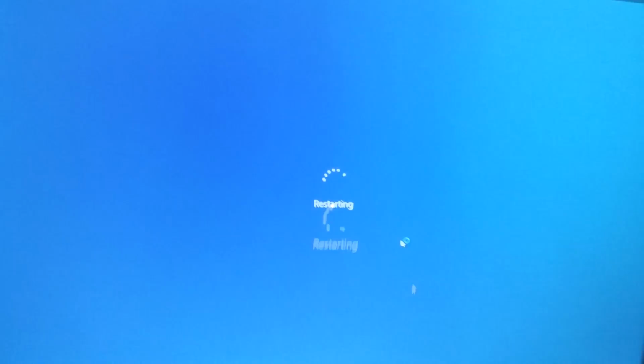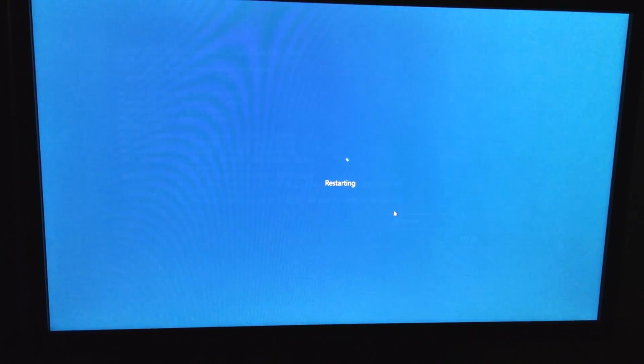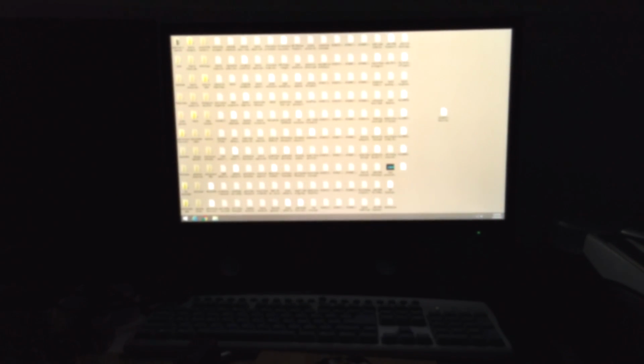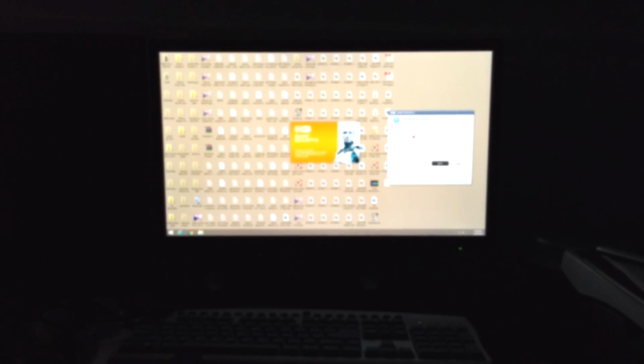Let's see the results. Windows 10 is restarting. Okay, BIOS is loading again, and now in the operating system selection menu we should have only two, yes, Windows 10 and 8.1, and 8.1 is loading after 5 seconds. 5 seconds because that's the value that we entered using EasyBCD, and I just repaired two operating systems back to their normal state using the Windows 10 DVD, and I installed temporarily another Windows 10 into a virtual hard drive,